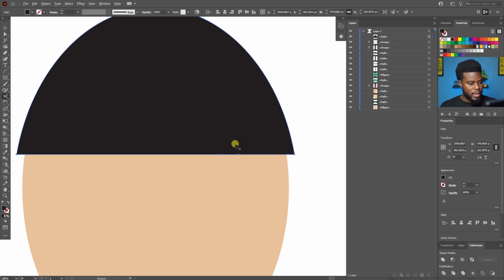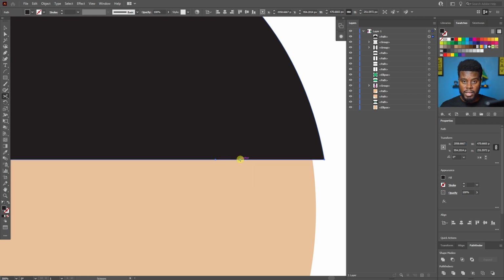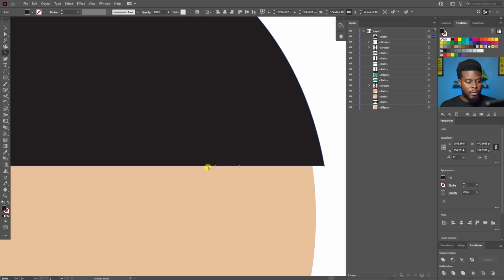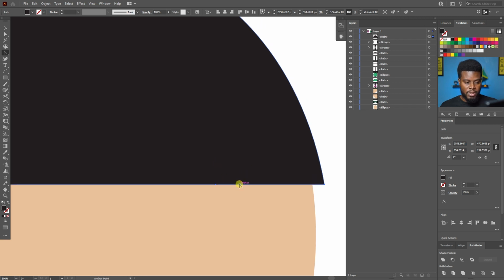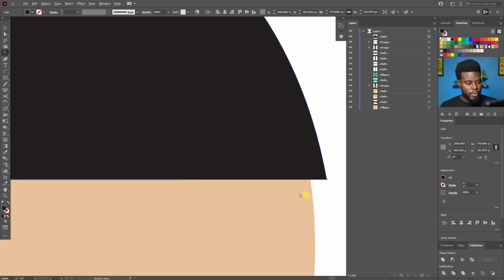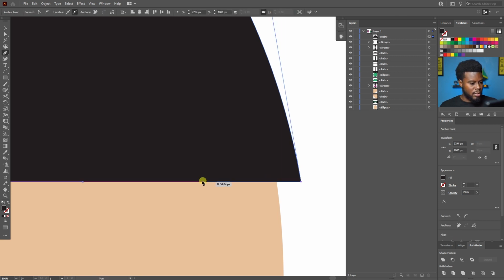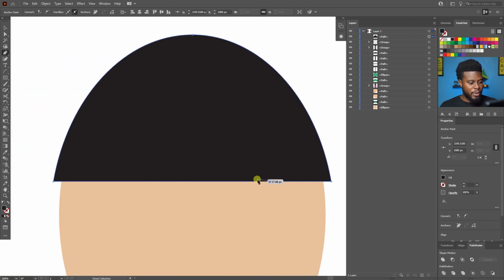And then, because these are new anchor points that I just made, right? I'm just gonna go ahead and use Shift and C for my anchor point selection tool. I'm just gonna select any one of these and then just delete one, and then I'm just gonna create another line right here to meet this point right here, right? By using my pen tool, P, and then I'm just gonna drag it over. Now I can create that split in the hair that I mentioned, right? It's gonna make it about here,